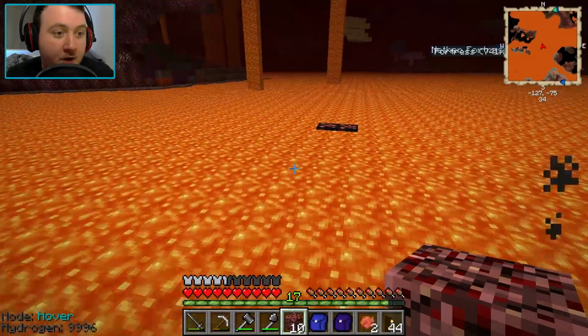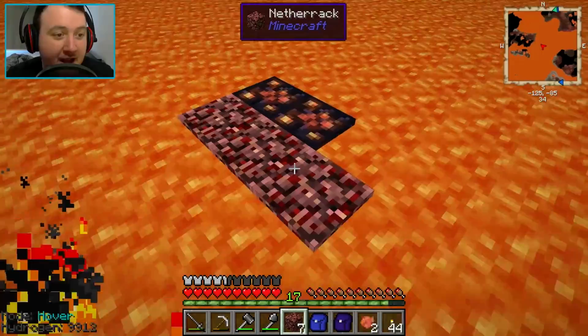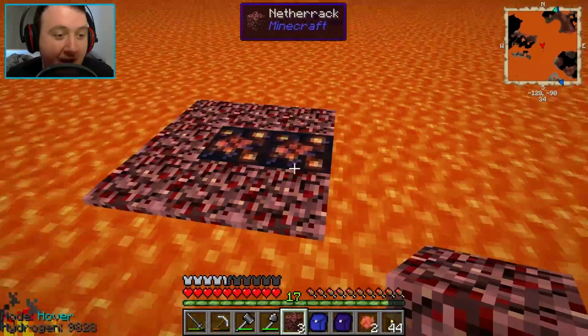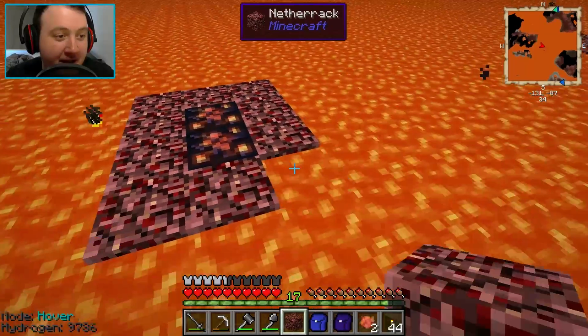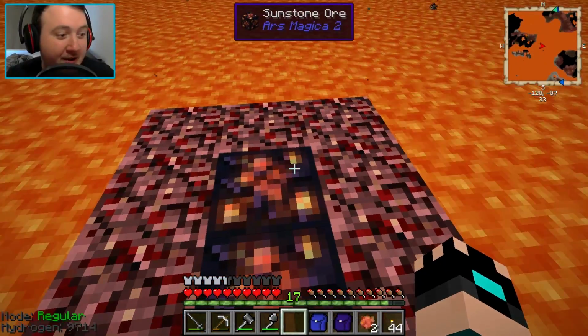So back into hover mode. It makes it so much easier to get these, just being able to hover over and place a little platform around them. It is great. Absolutely love having this jetpack. So happy we got it made. It's made this trip to the nether bearable. Okay, so...